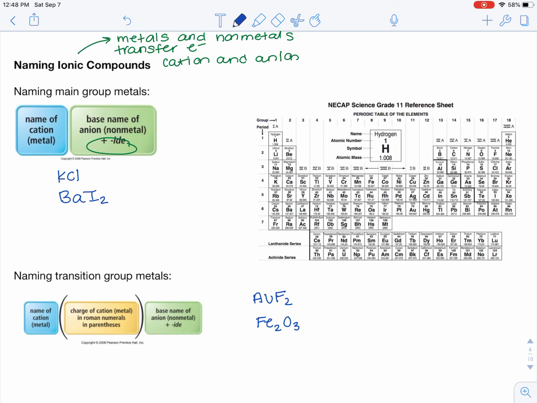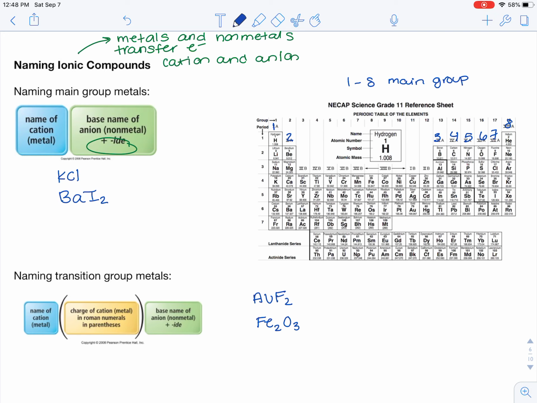Ionic compounds are ionic because of transfer of electrons. So the first thing to identify is, do you have a main group metal or a transition metal? Main group, if you look at the periodic table, are all the bigger columns, you could say. 1, 2, 3, 4, 5, 6, 7, 8. 1 through 8, that's your main group. So when you have one of these that are your metals, then you name it the following way without including